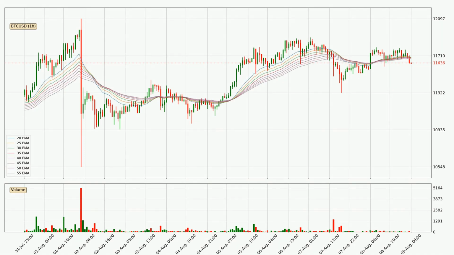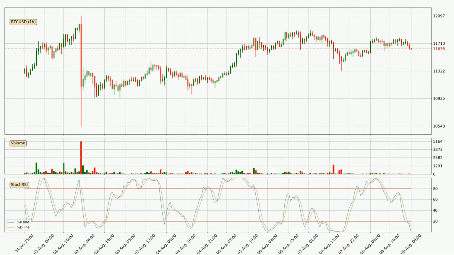Jumping to the hourly exponential moving averages, the current price went below the hourly ribbon, so you should see if the price can jump back above the ribbon or it will play as a resistance to the upside currently at around 11,675. Moving to the hourly stochastic RSI, both the %K and %D lines are in the lower region, which means